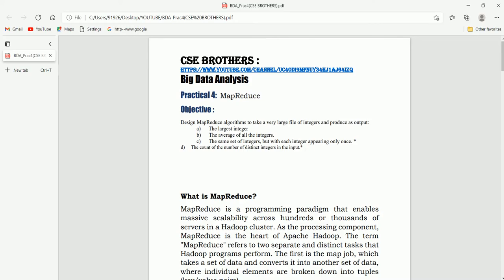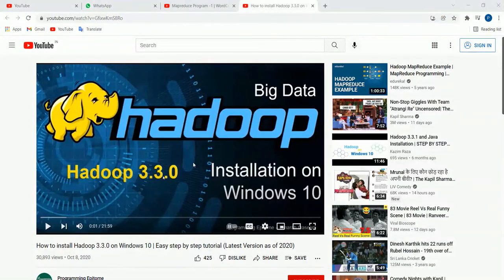If you have already installed Hadoop on your Windows and are not getting any problem, then it is okay. But if you are getting any problem or you have not set it up, then this video helps you in installing Hadoop 3.3.0 on Windows. It is the best version of Hadoop for Windows.